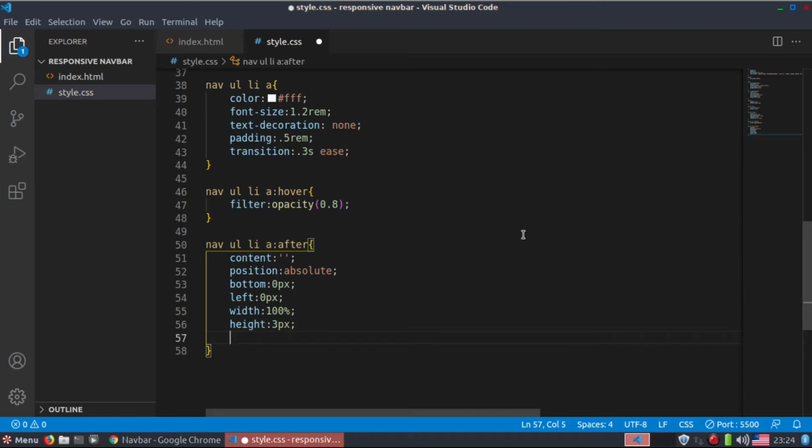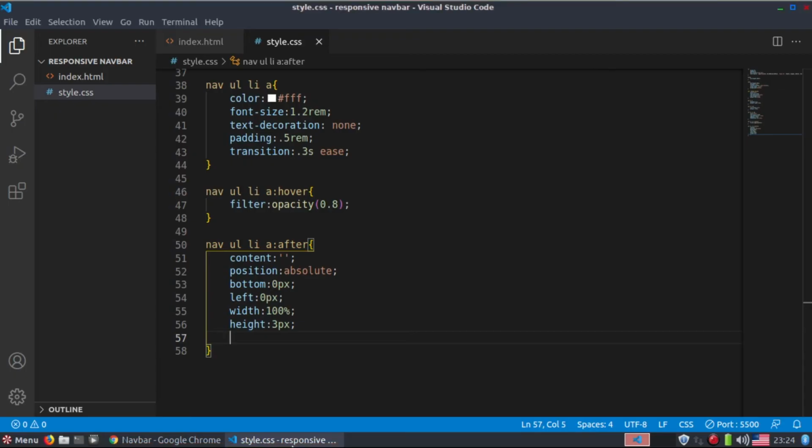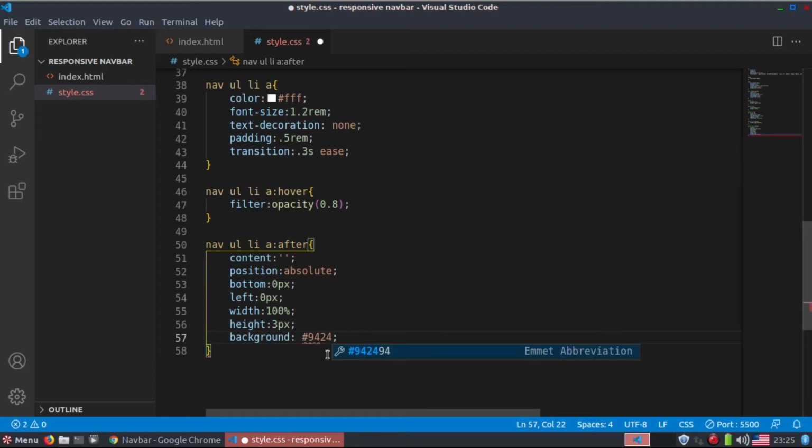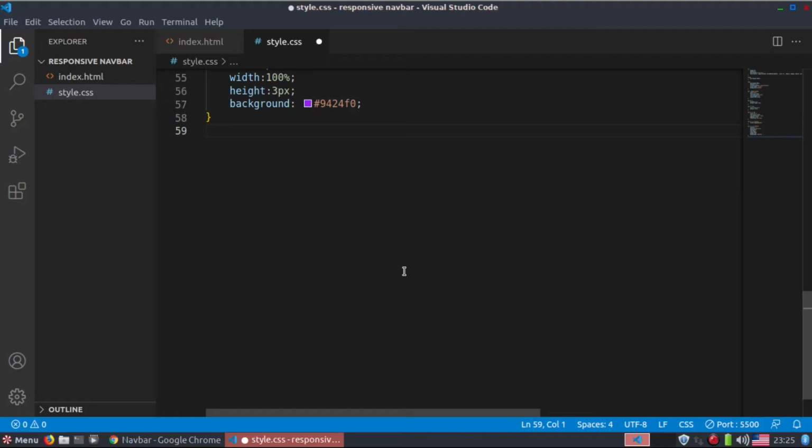And right now if I save it and go here, you can see that we are not able to view that. So for that we need to give the background color. So I'm going to assign the bluish background color here. What we have here is this line underneath our link. So what I want is whenever I hover over that link,